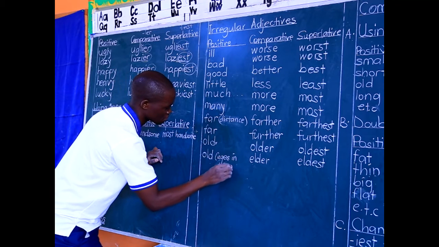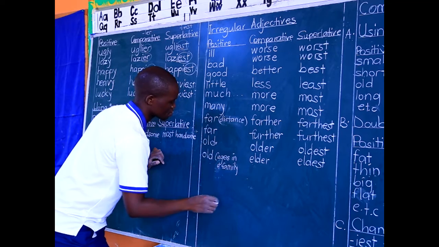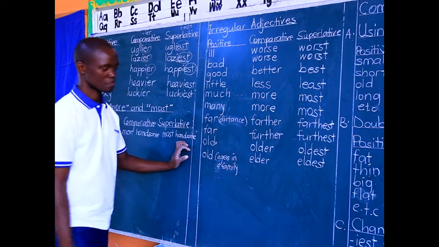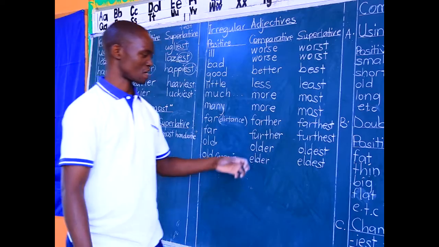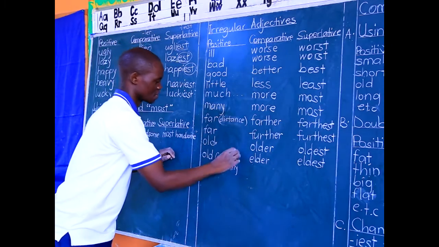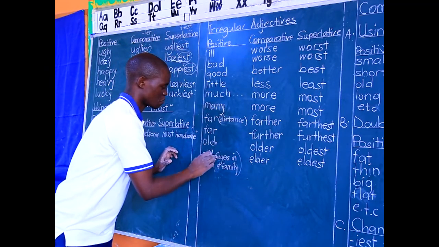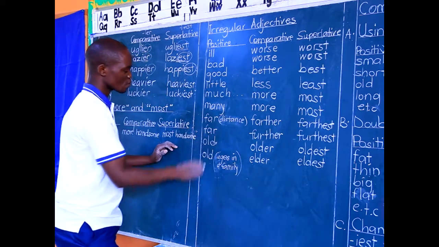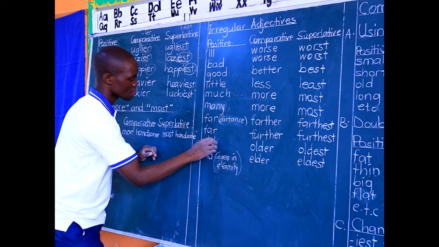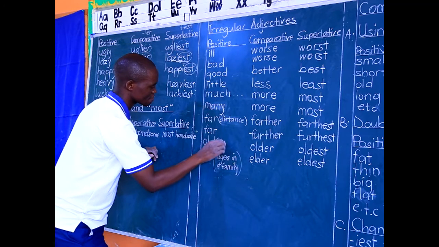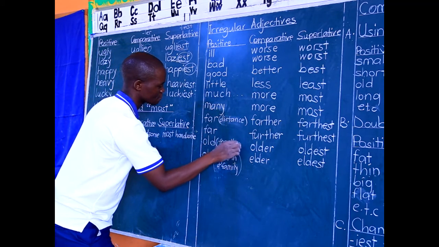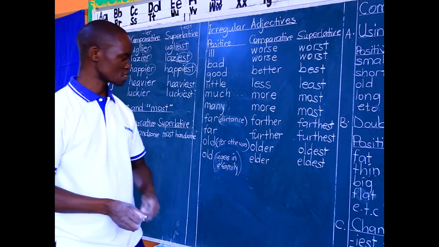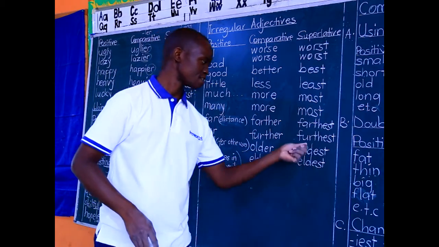If you are comparing ages in the same family, you talk of elder and eldest, my eldest brother, or my elder brother. Either can work. If you're talking about people that are related by blood or family members. Then talk of old, older and oldest for other uses. You can think of old having its comparative as older and oldest.